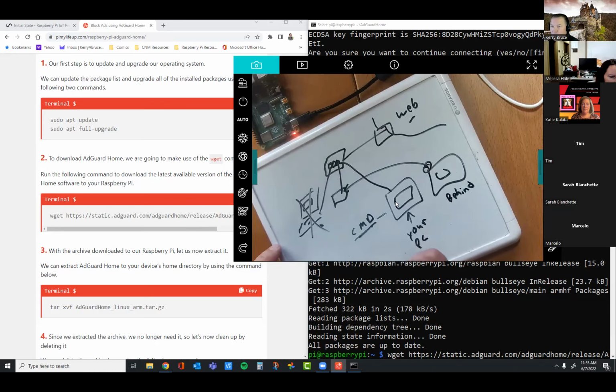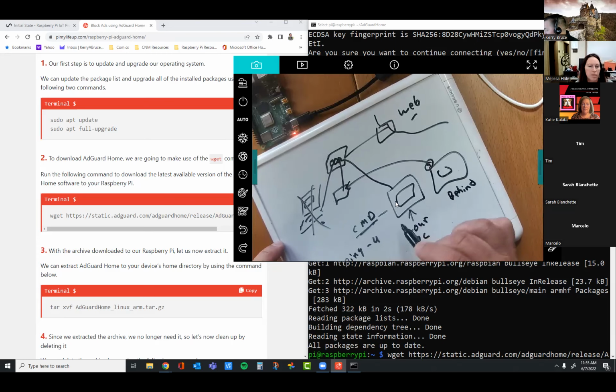The IP address won't stay the same, so you're going to do the ping again. So ping -4. Oh, it's not the right one. You have raspberry14.local. Okay.